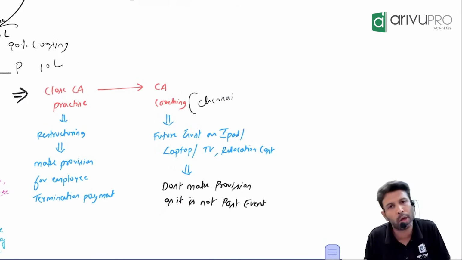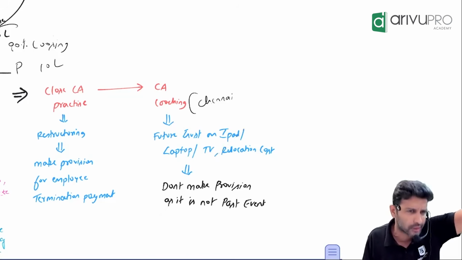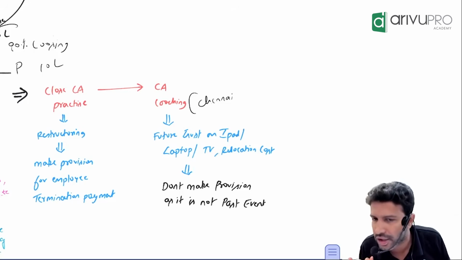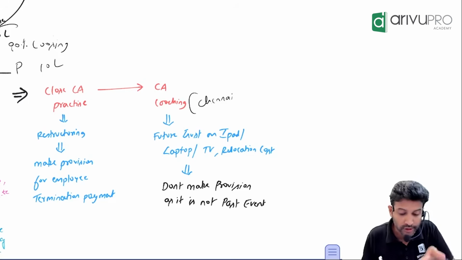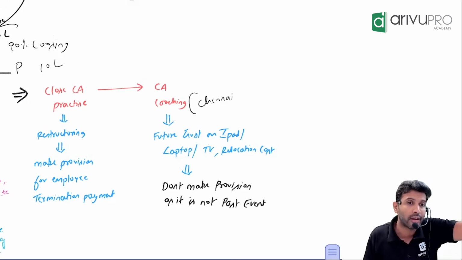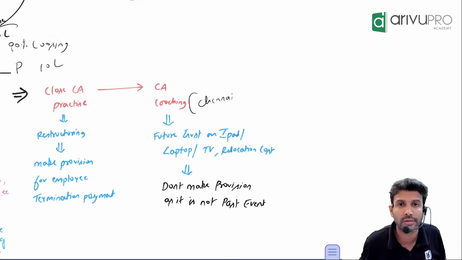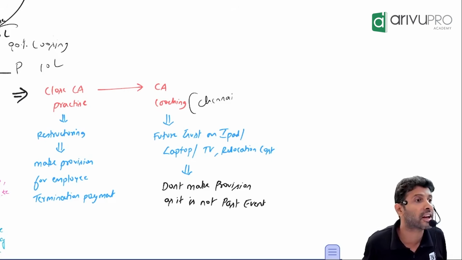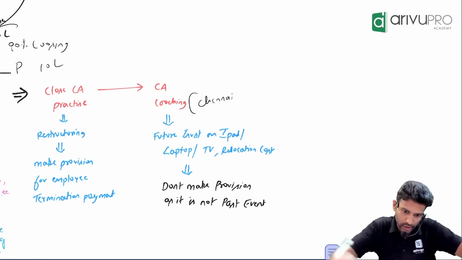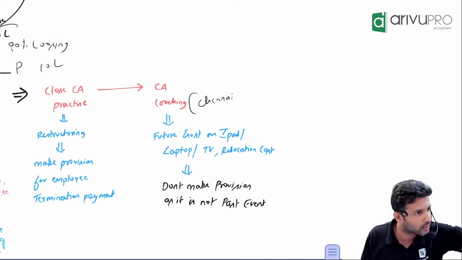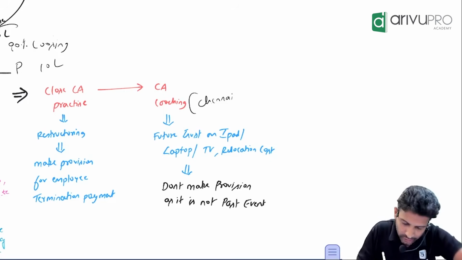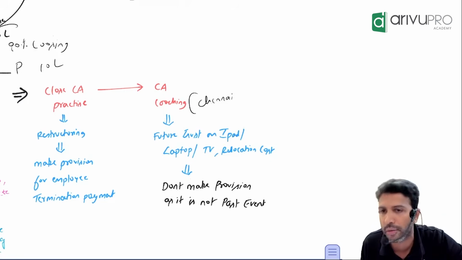When you buy the laptop, record that laptop when you buy it. Right now, no need to pass any journal entry for it. Because if this was allowed, things would have been a little crazy. Let's say Tata Limited says, I will buy 300 aircrafts in the next 5 years. Pass a journal entry now only. Everybody will start misusing it. Correct? Hence, for this, you can't make a provision.